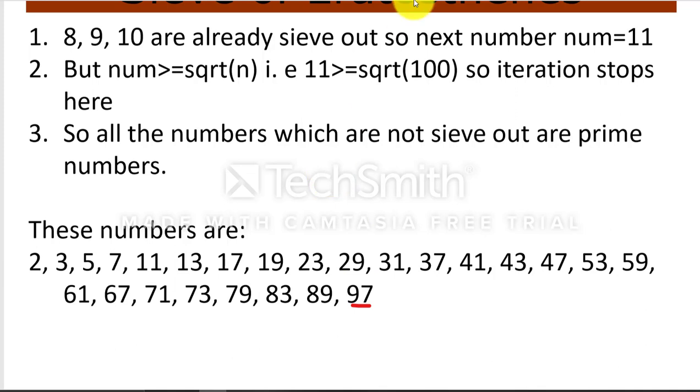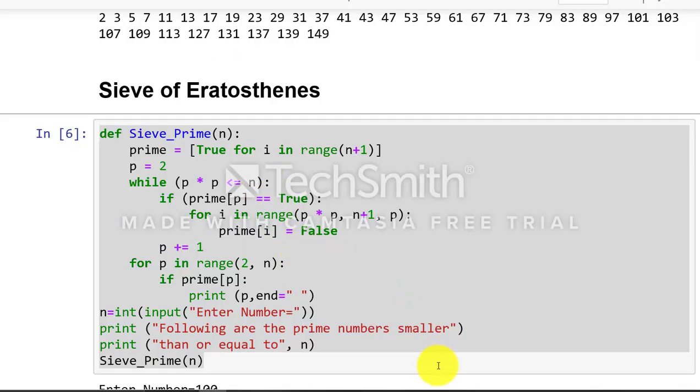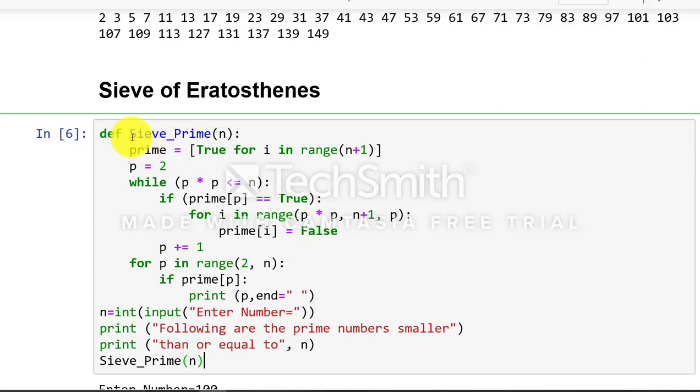Now check this method on Jupyter Notebook. So this is your program. In this case, create one function, def c prime, and we are going to find all the prime numbers between 2 to n. So n is the argument. First create an array or list in the range 0 to n. So the starting range is 0 and the upper range is n plus 1, so definitely the upper bound minus 1. So the upper range is n.